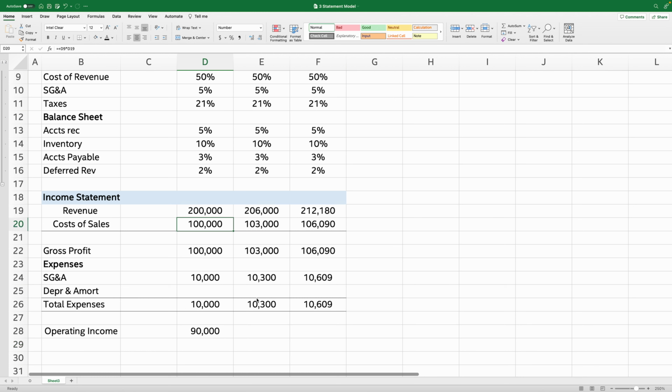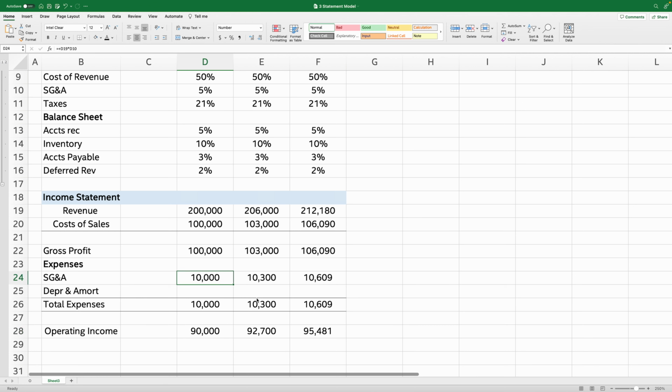It's no longer revenue minus that; it's gross profit minus total expenses. And gross profit was revenue minus cost of sales. If you did revenue minus this, that would be wrong for sure. So you have to do gross profit minus this number,